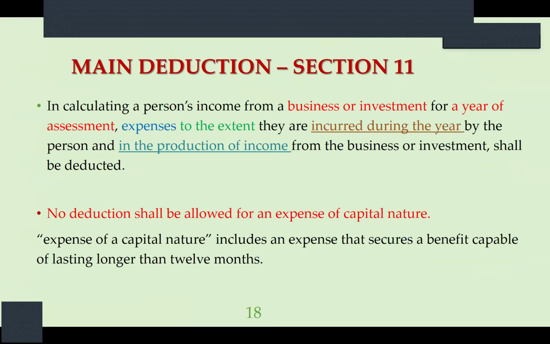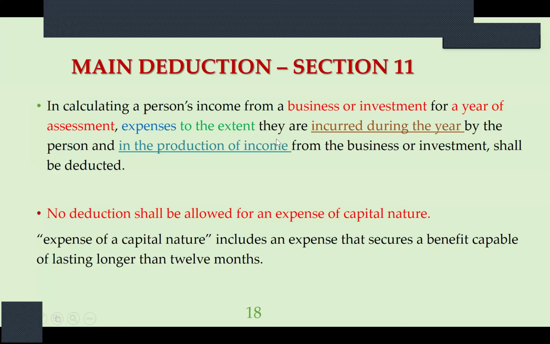Then we are moving to section 11. That means section 10 is for not allowable deductions, but section 11 is a completely different thing. So in calculating a person's income from a business or investment, this is applicable for both sources, for a year of assessment,